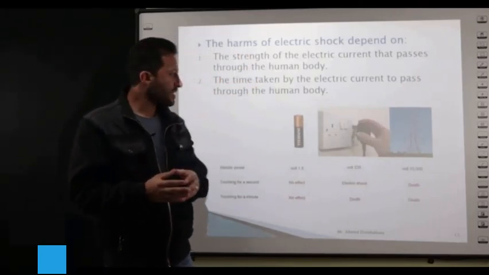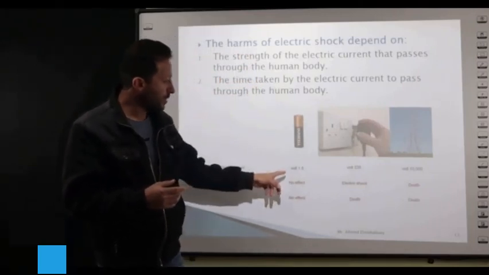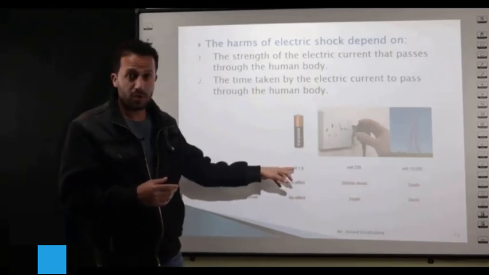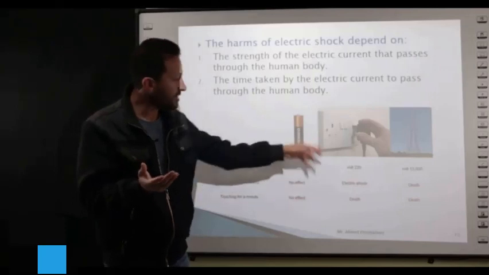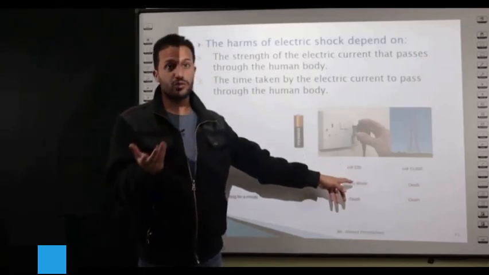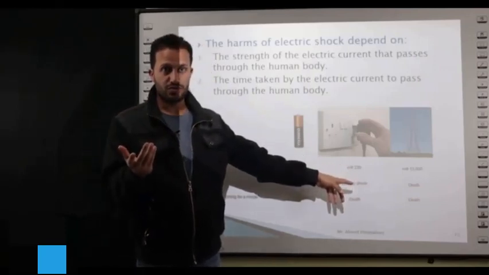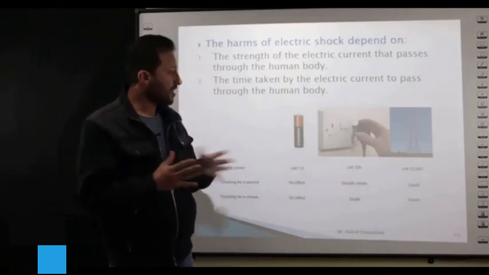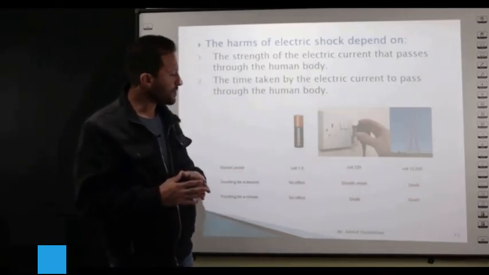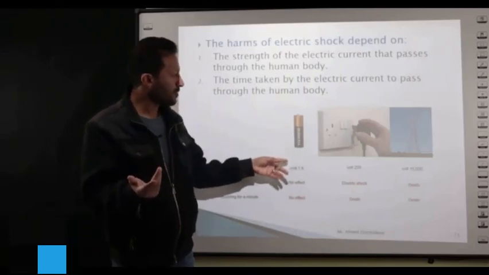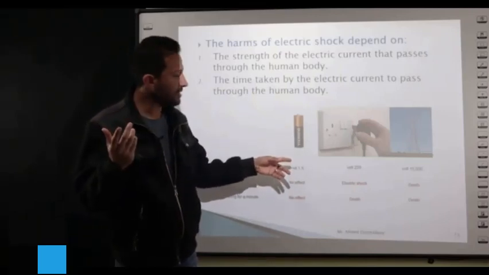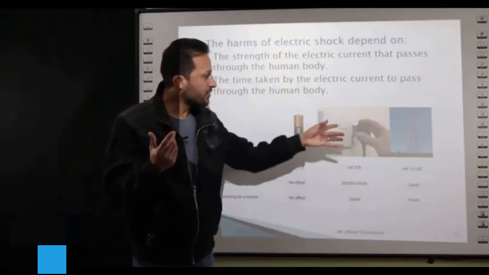For example, the electric energy found in a battery is 1.5 volt. This is a small amount of electric energy. But in our houses, it is 220. So there is a large difference between them. So touching an electric wire coming from a battery will not affect our body, but touching an electric wire coming from sockets